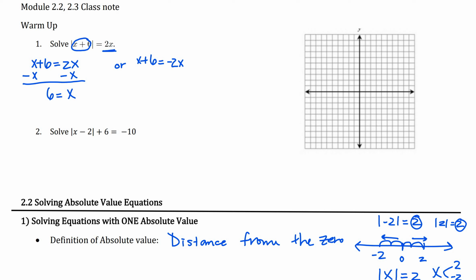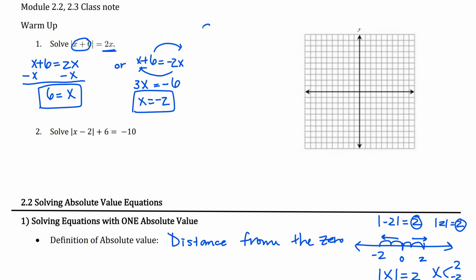And for this one, I don't want to move it that way, so let's do it this way. You add 2x to both sides. That means 3x, and you subtract 6 from both sides, which gives you negative 6. So x equals negative 2. So I do have 2 answer choices. But one thing you have to be careful with in an absolute value equation